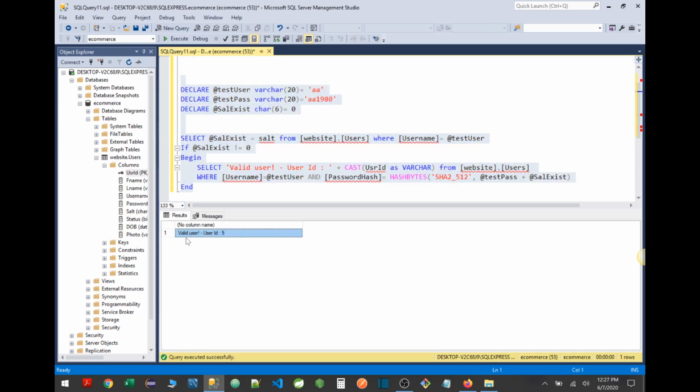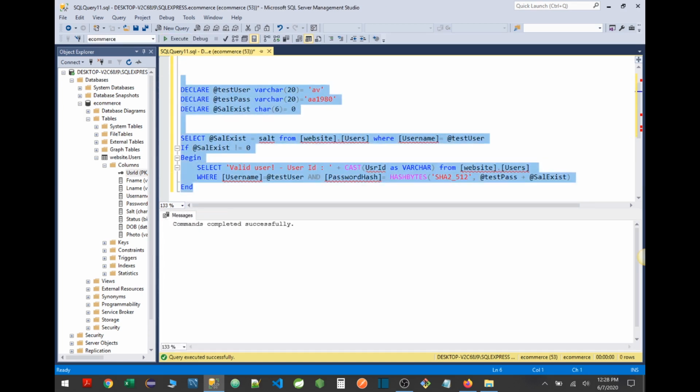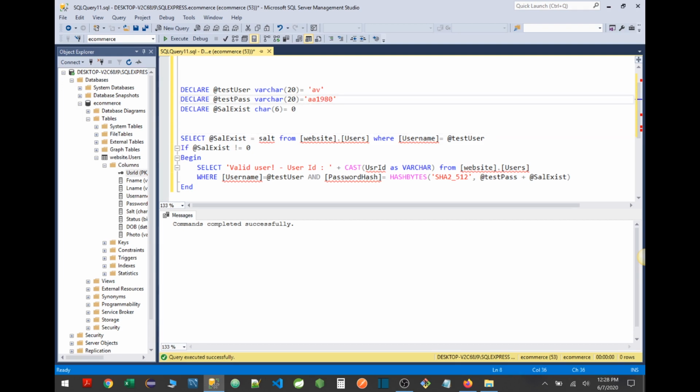So let's run this. Perfect, it says valid user ID 5. But if I change the password to 1981, this should not work, of course. We're not getting anything. You can add else if you want, but it's not returning anything, meaning we didn't get to this part. So let's say we provide a good username, but this time we're going to create a bad username, right? So the username doesn't exist, right? Since the username doesn't exist, we're not going to get anything back from the username filter, right? So basically this will be 0, and we will not go through this